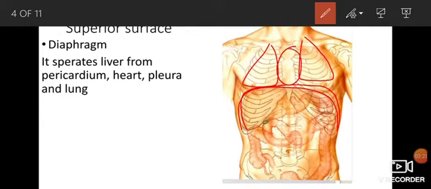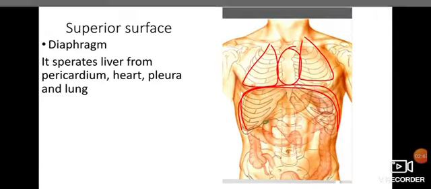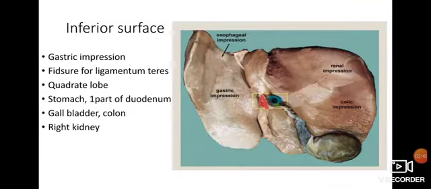The heart is covered by pericardium. So, the structure which is separating the liver from the lung, pleura, and the heart and pericardium is the diaphragm. Diaphragm is separating these structures. Regarding its inferior surface,